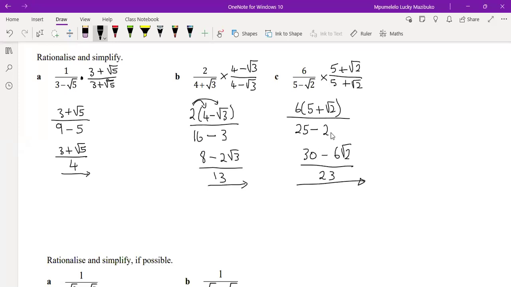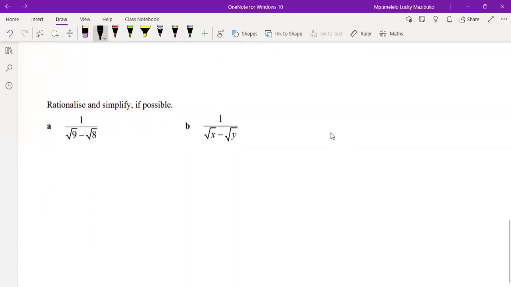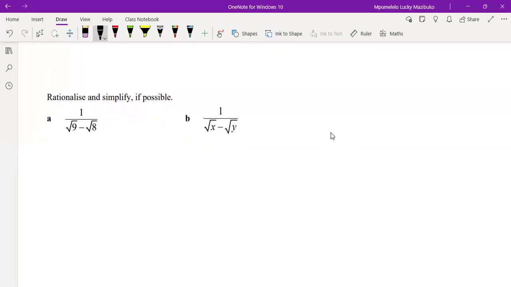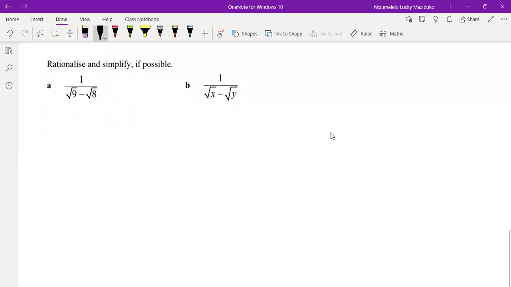All right, let's see what happens if we make it look like this. So sometimes you might need to simplify before you rationalize it further. So in this case, you'll realize that before I rationalize, even though rationalizing right away will still work, it's just that it will take long. This can first be 1 over, this is a perfect square of 3 minus 2 root 2. Okay, the square root of 8 is known as